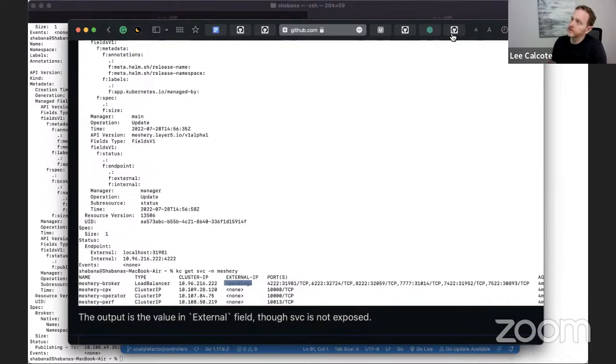And so that begs the question of the MeshSync custom resource, which has a few different attributes. And one of those attributes is tracking of its cluster local IP address and its external IP address.